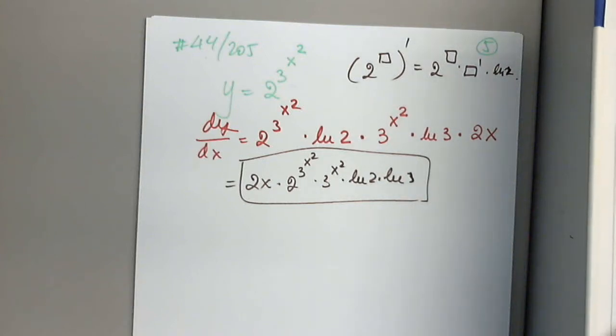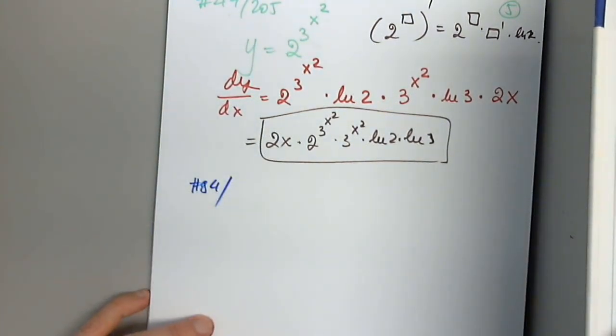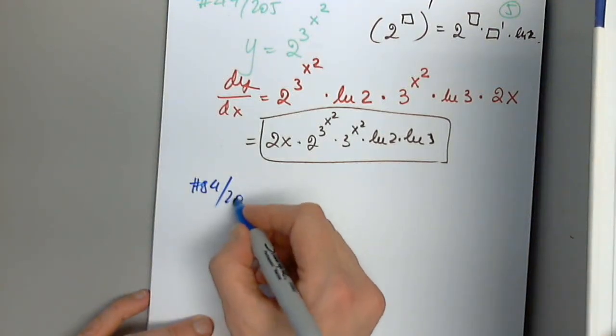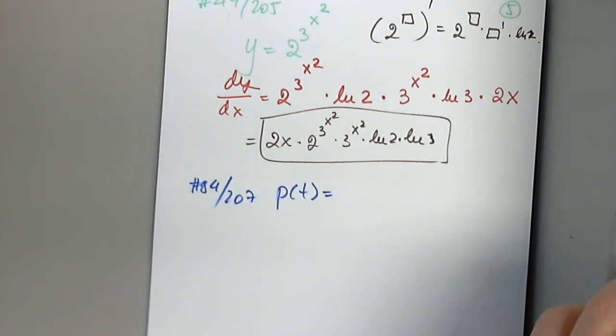Graph P for this, we can skip that for now because it's a graphing calculator. I don't want to spend time right now with the graphing calculator. So number 84 on page 207. We're given a function P of t, and that is